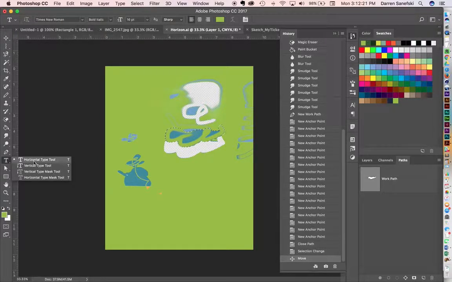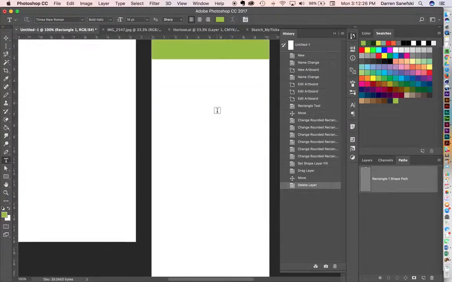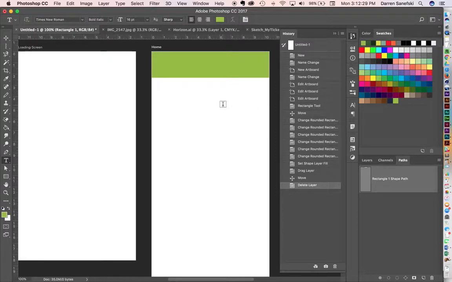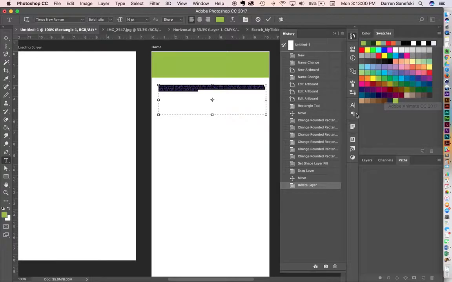Then we have the type tool, and you'll use this a lot. Let's go back to the app, and maybe you want to have some type right here. You type it out. Now notice how small this type is. Say if this is body copy, remember body copy should be around 16 pixels, and that 16 pixels should be doubled or between doubled and tripled, so it should be between 32 and 48 for it to work on this Photoshop document. So if we go over to